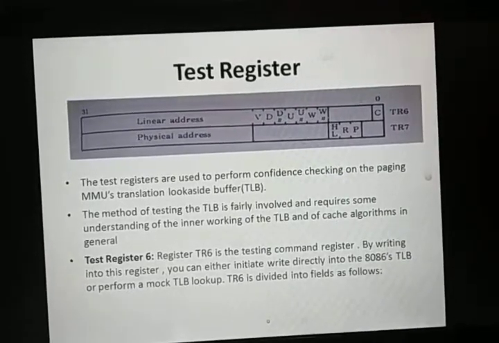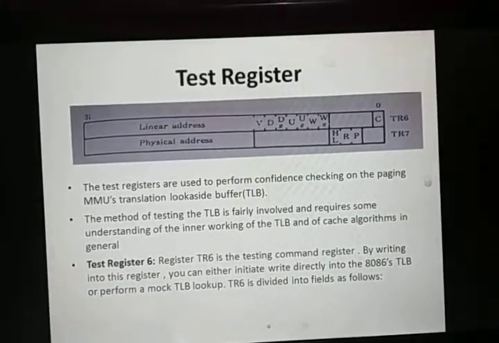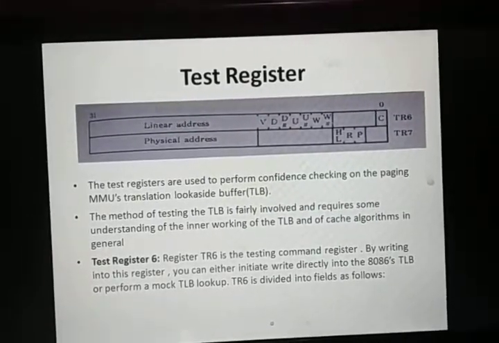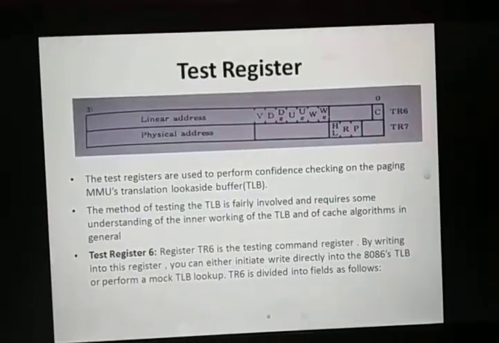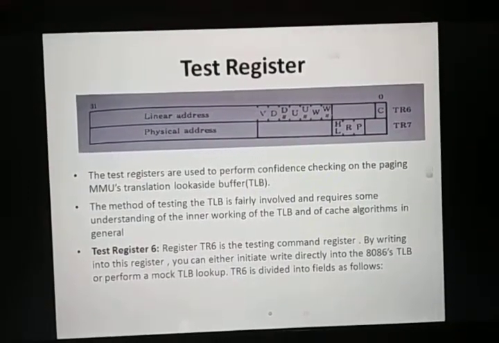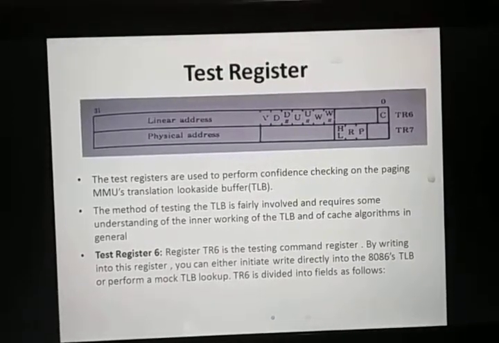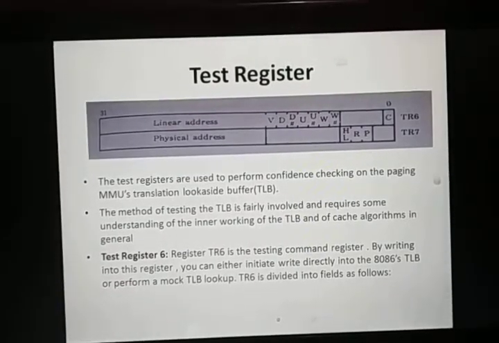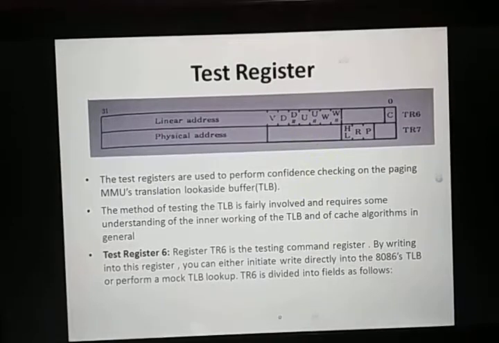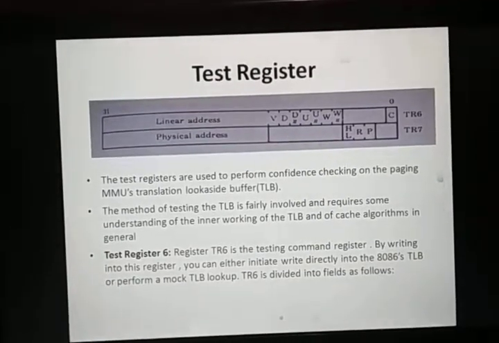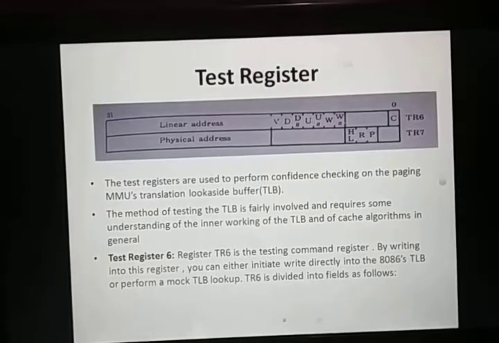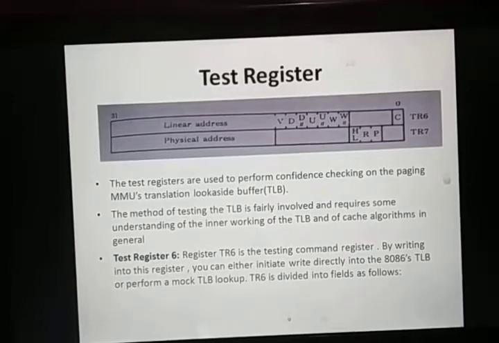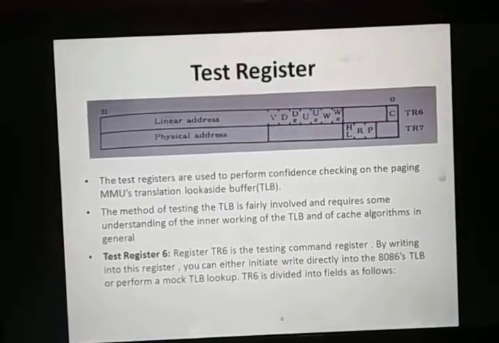We have also discussed this in unit number 5. The test register, debug register, and control register we discussed in unit number 4 also, in unit number 5 also, and we will discuss them again in unit number 2. So these registers are related to TLB testing. TLB is a translation lookaside buffer. It is a cache memory used for frequently accessed pages, those pages that are used by the processor frequently. We save this type of pages into the TLB or cache, so our access time is reduced. We can reduce our access time to speed up our operation.